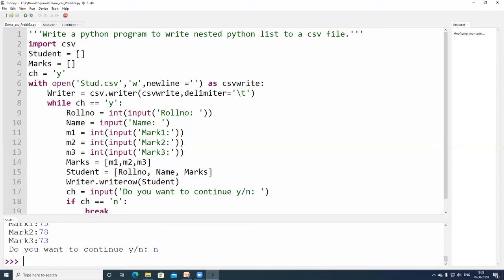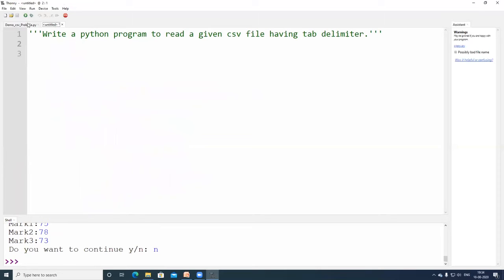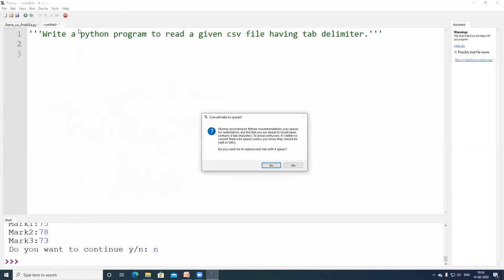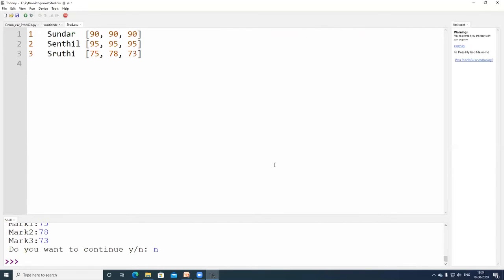Now, if we open the file stud.csv, all right, this we should not open. See, I am opening the recent file. Here, do you want me to replace with this editor? Here, the tab contains only 6 characters, that is, it contains 6 tab characters. To avoid confusion, it is giving us 4 spaces. See, this is how the tab works.